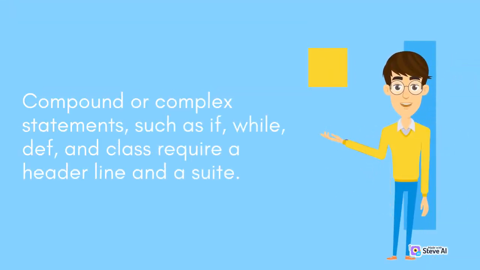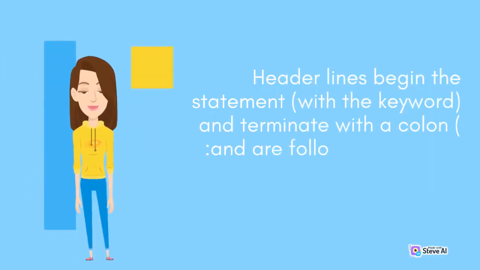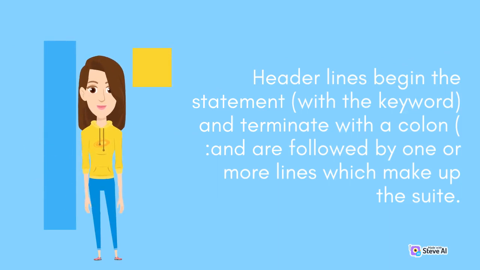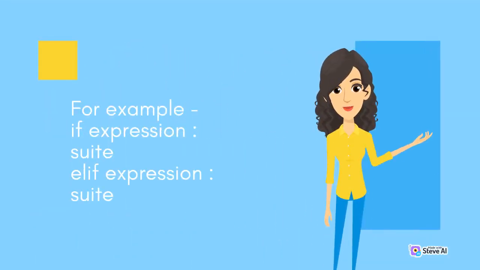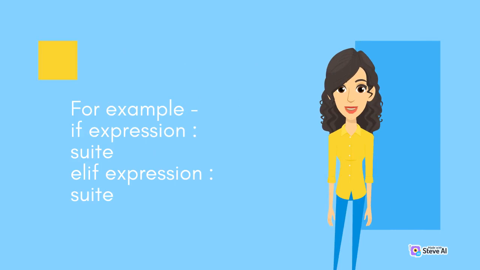Compound or complex statements, such as if, while, def, and class, require a header line and a suite. Header lines begin the statement with the keyword and terminate with a colon, and are followed by one or more lines which make up the suite. For example: if expression: